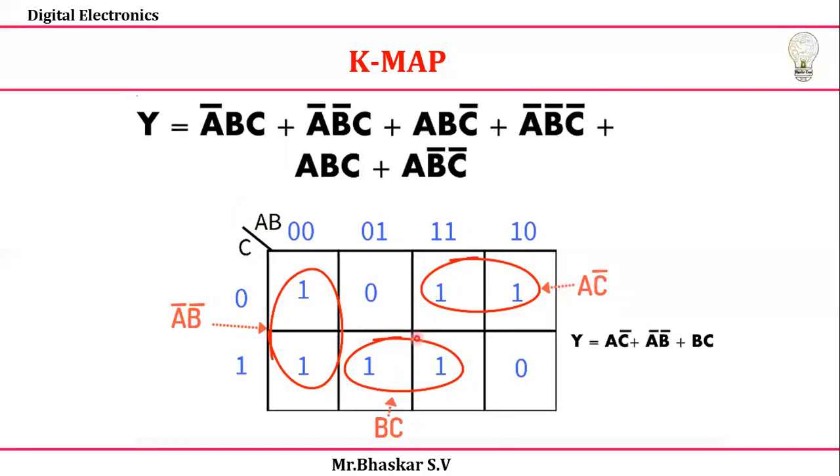Okay, next when we come to these two columns, what is the common term you have? So 1 and 1. 1 is nothing but B. In the particular column the value of C is 1, so I take B here and C here. Directly I can write it as BC.